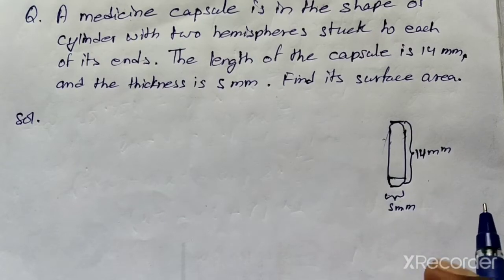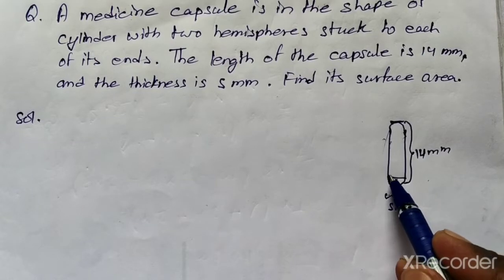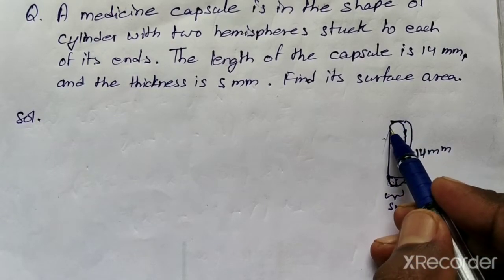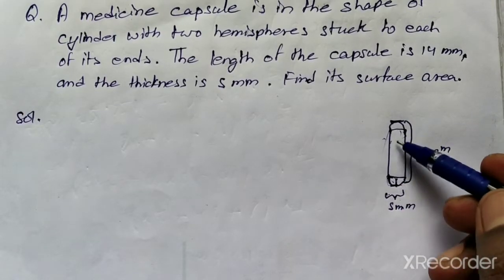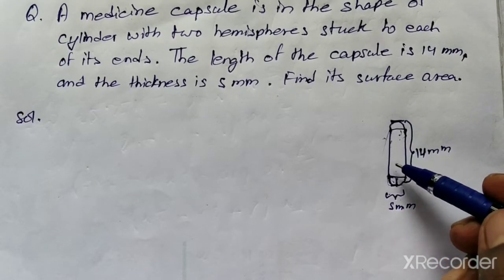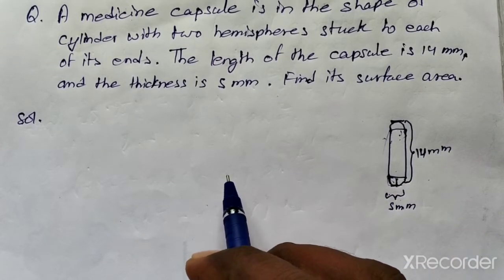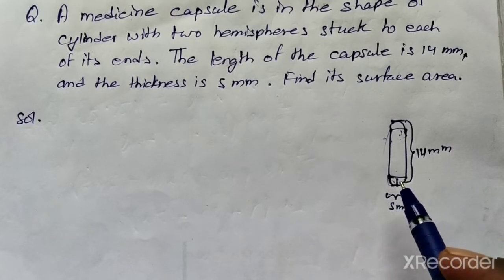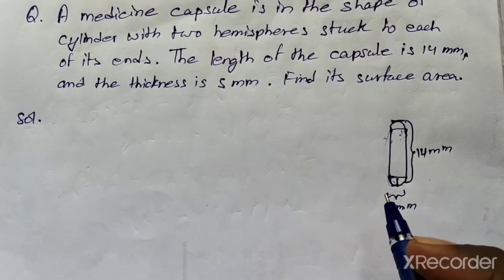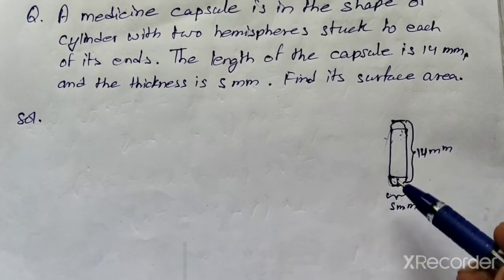Now there are two shapes. Okay, this is the hemisphere, and this is also the hemisphere, and the remaining portion is the cylindrical shape. Now to solve the question, first we will remind the formula to find the surface area of a hemisphere. We have solved this type of question previously also. Now to find the total surface area of this capsule,